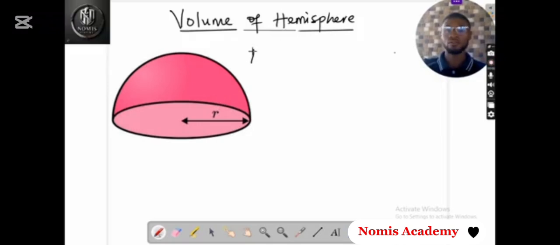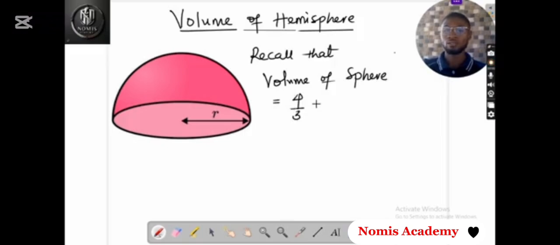Recall that volume of sphere is equal to 4/3 pi r cube. So if I need to now calculate the volume of hemisphere, which is half of this,